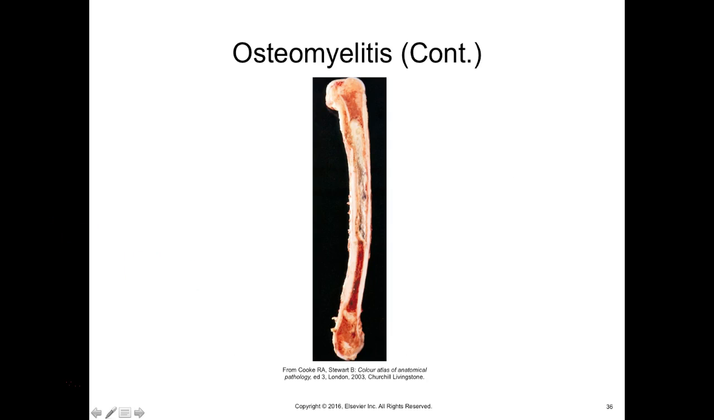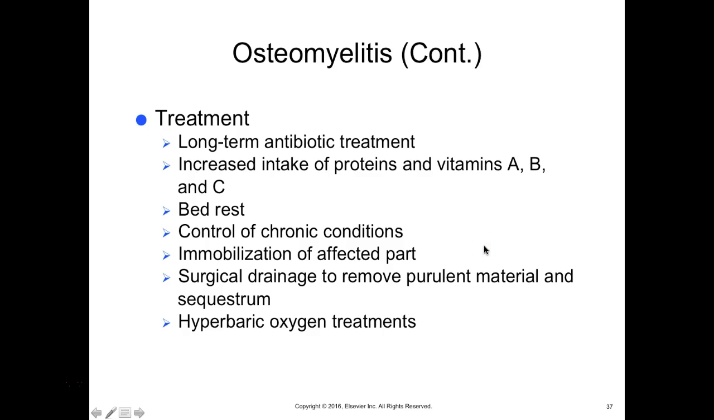Immobilizing the area as well. So this shows you a picture here of osteomyelitis. You can see it affects the bone and the bone marrow. So treatment, like I said, long-term antibiotic treatment, increased intake of proteins, vitamins A, B, and C, bed rest, control of chronic conditions like diabetes, immobilization of the area, surgical drainage to remove any purulent material, and then hyperbaric oxygen